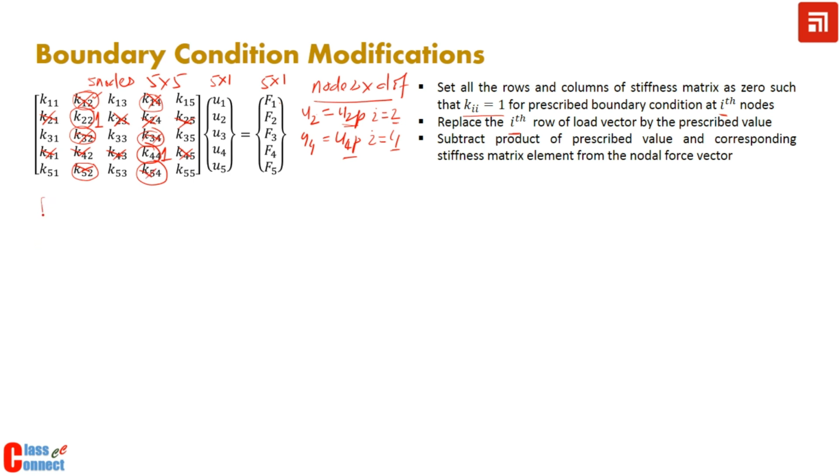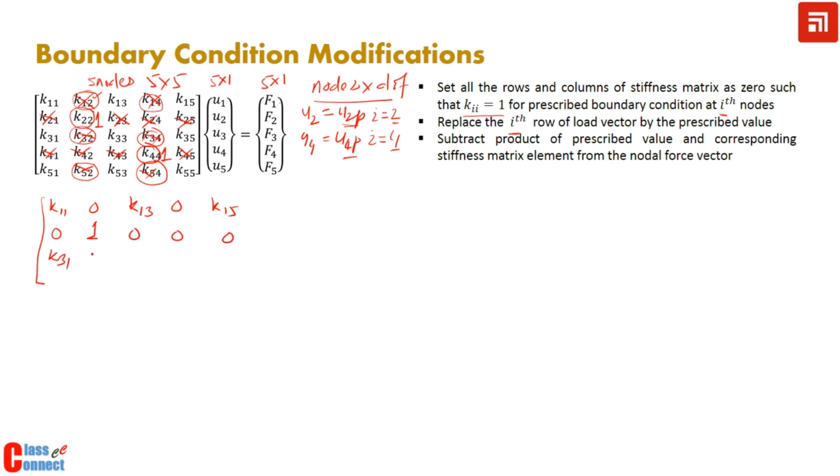So we are left with K11, 0, K13, K15, and here it is 0 1 0 0 0,